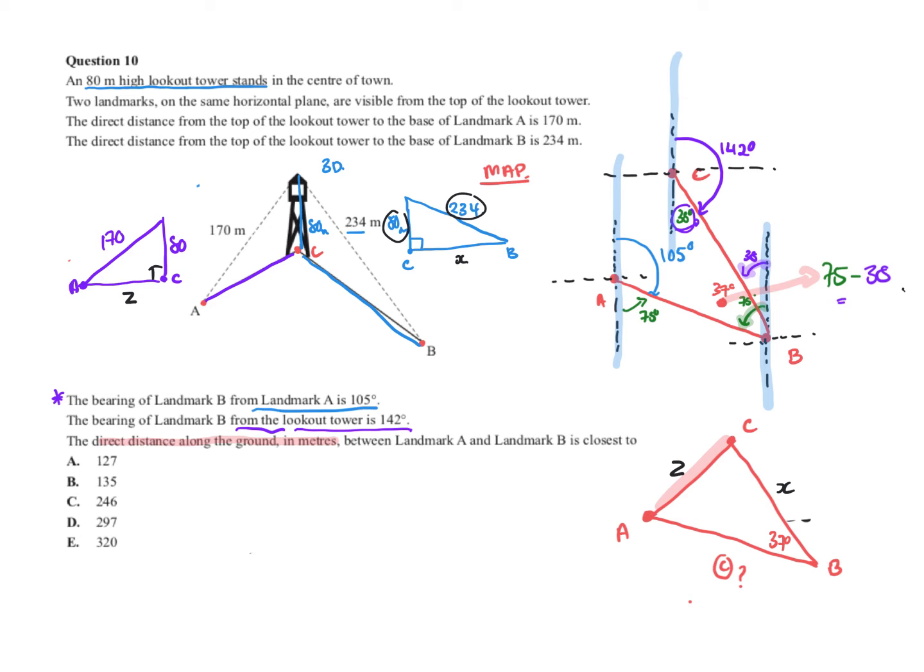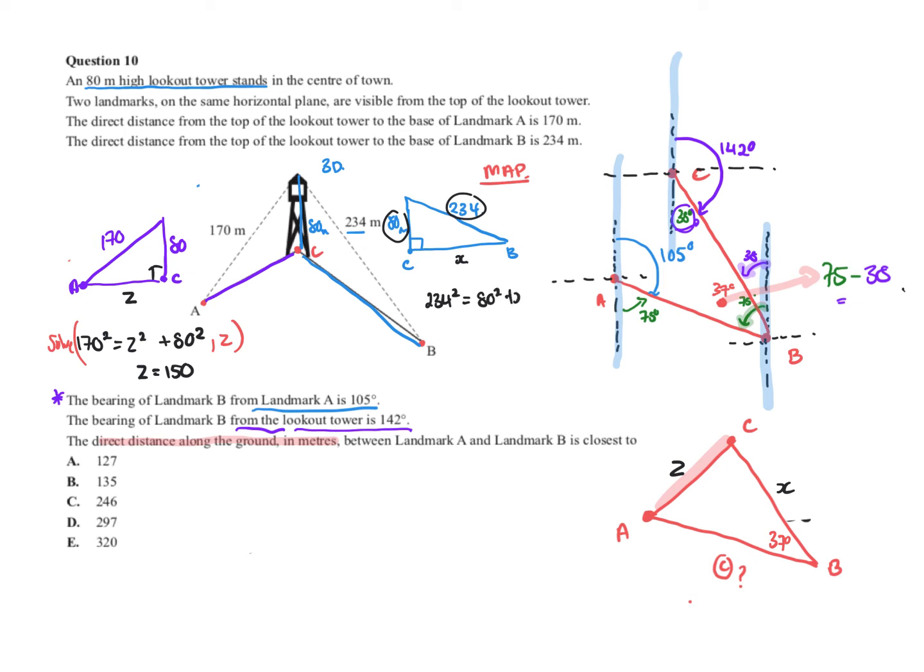So you've got the hypotenuse, 170 squared equals Z squared plus 80 squared. And you're quite welcome to go and do the solve there, comma Z, and we find out that Z equals 150. Okay, and then if we do Pythag for our other one up here, we'll have 234 squared equals 80